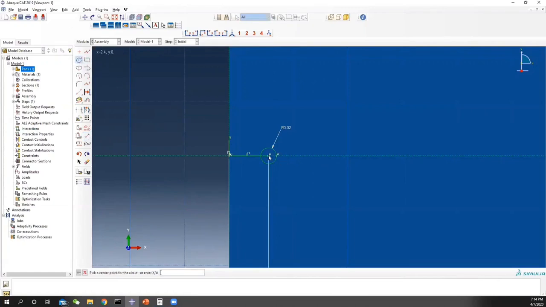So we make another circle. Again, your second point should be on the horizontal construction line. And make the radius of this 0.4. So this is just for the mesh. Later when you mesh the plate, this circle will make your mesh look better. And then